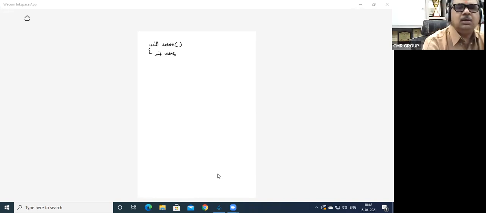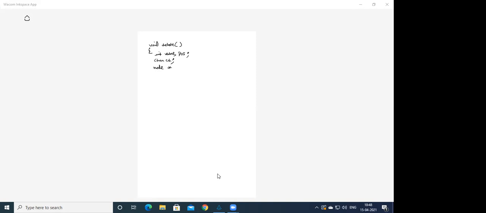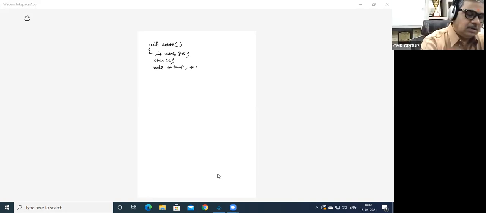Apart from that, the position we want to take, int pos. Then char ch for continuing. And thereafter, very important, node star temp and node star previous.